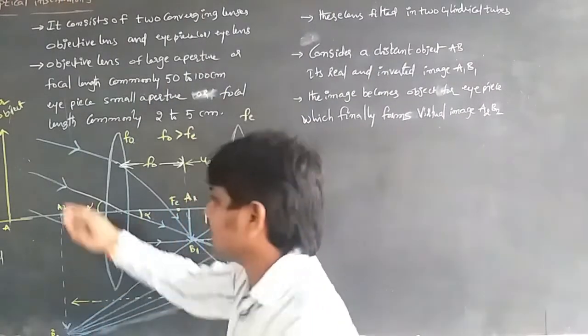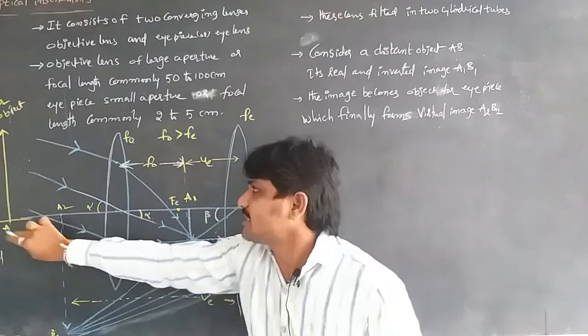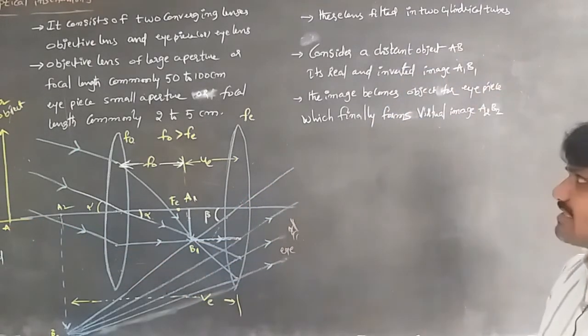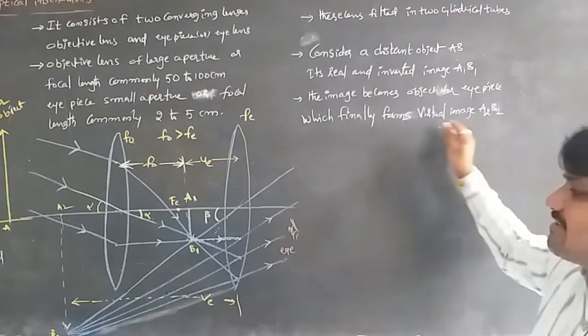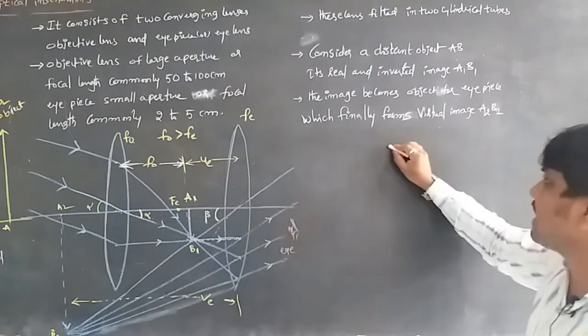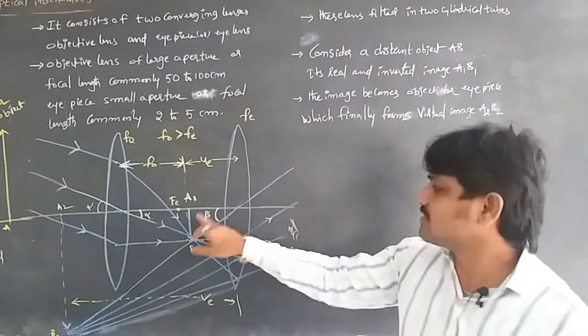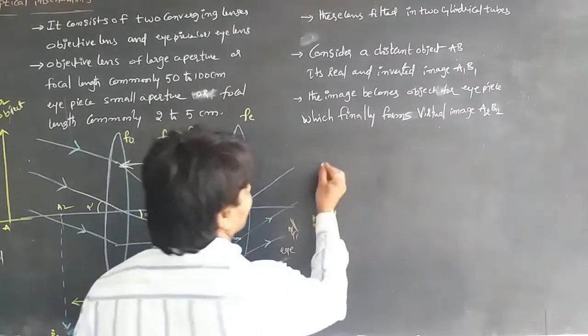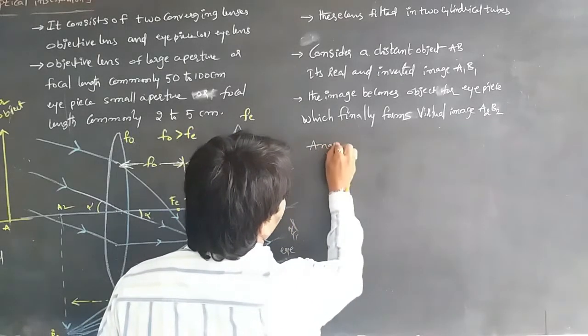Consider a distant object AB, whose real and inverted image is A1 B1, and this image becomes the object for the second lens. So we write the angular magnification